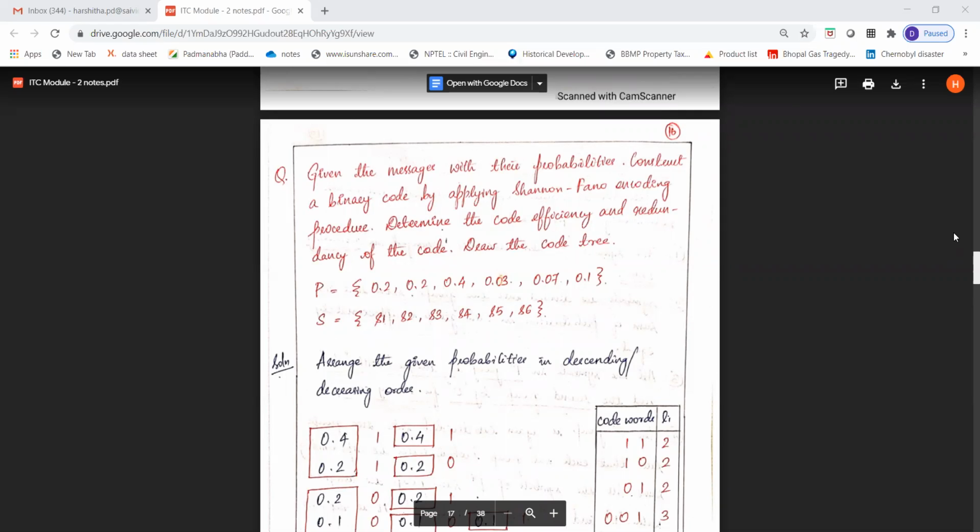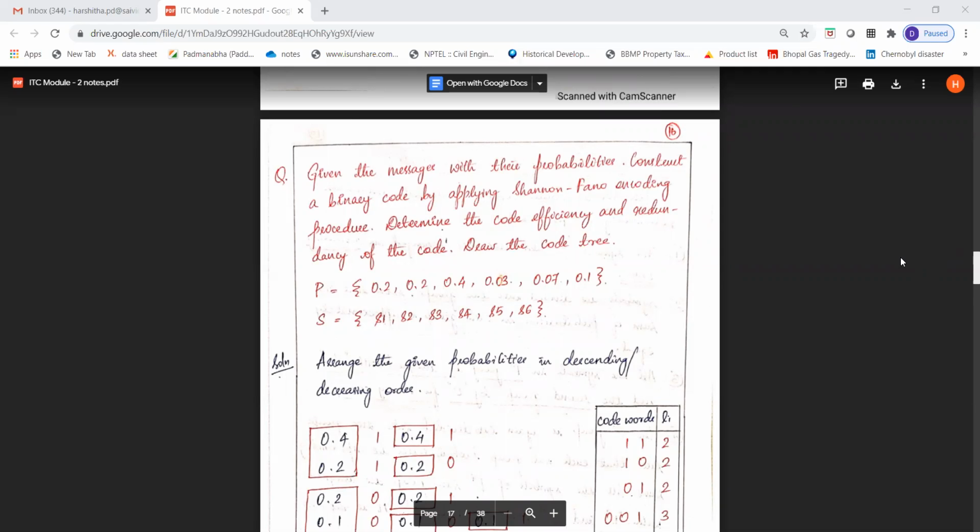So in the second module, after the Shannon encoding algorithm, we've got to study the Shannon-Fano encoding algorithm. So now let's consider an example and see how it is different from the Shannon encoding algorithm, and what the set of procedures is that we are supposed to follow while solving a problem based on